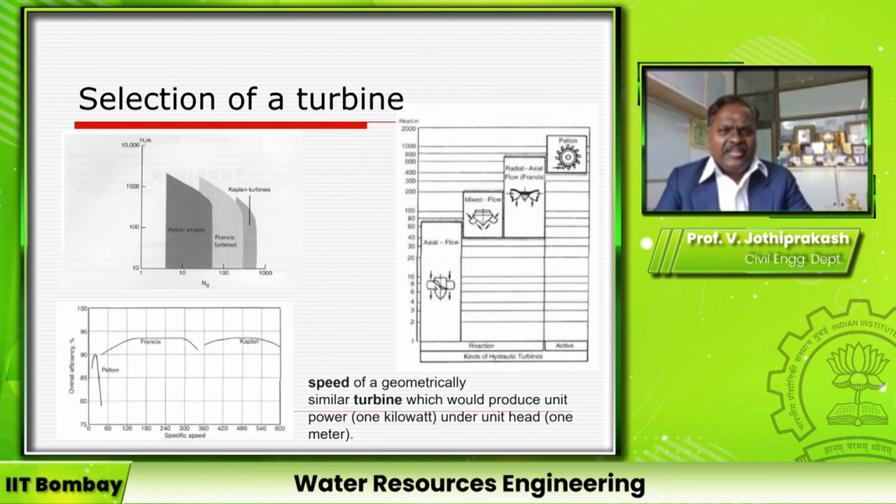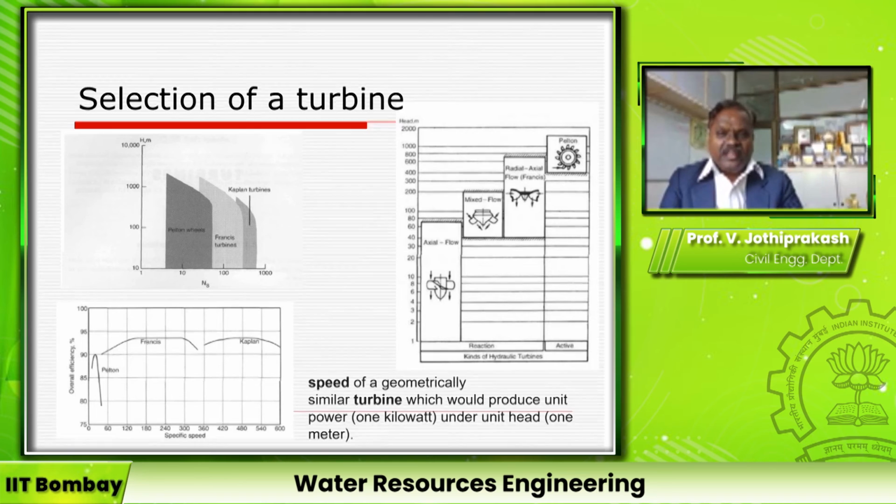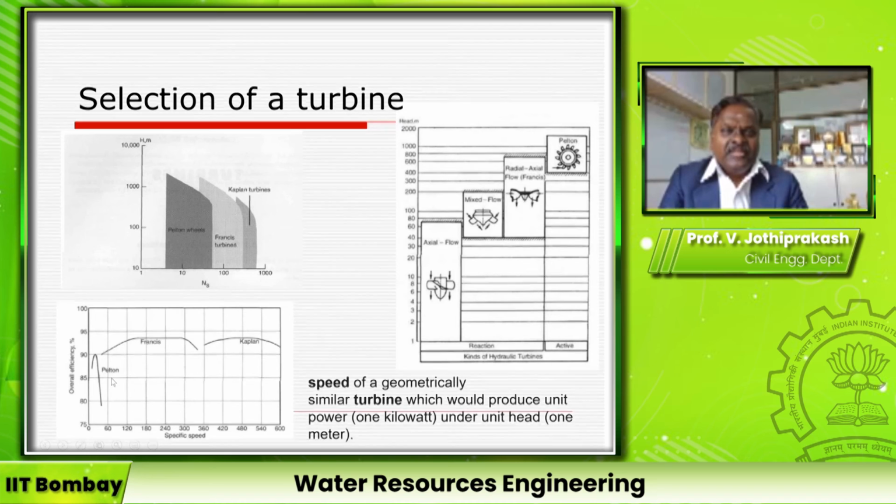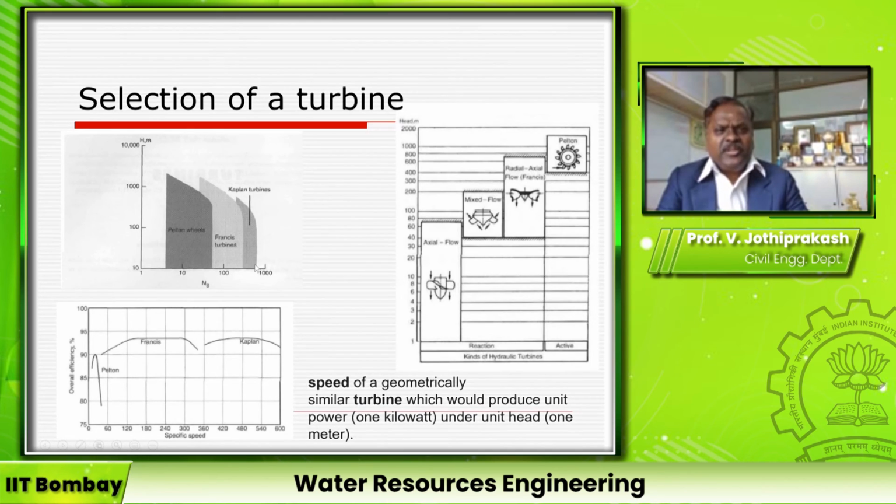And then how to select a turbine, right? Which turbine do I need to select? It depends upon two or three hydraulic parameters. The first one is the specific speed and the head. The specific speed, as I said, varies from low specific speed, medium specific speed and high specific speed, and then head also varies from low head to high head, then you have to select appropriately. We have seen three examples: Pelton wheels, Francis turbines and Kaplan turbines.